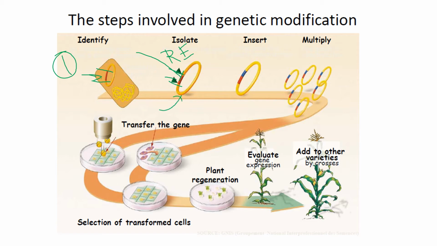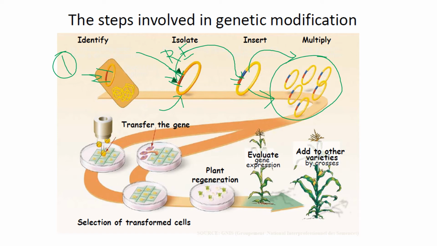Then this gene is placed into another molecule which is called a vehicle or carrier molecule or vector molecule. We will insert it into the vector molecule, patch it up over there, and multiply this vector in a host system or a bacterial system, where the bacteria will clone this molecule in multiple numbers. After this cloning is done, identical copies of your recombinant DNA molecule have been created in large numbers.